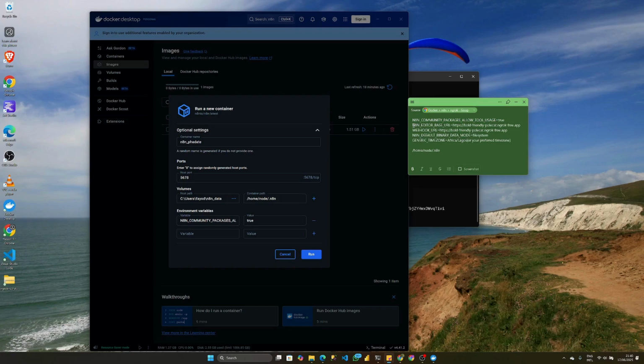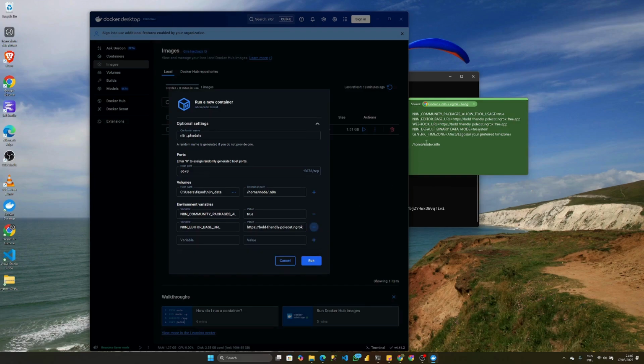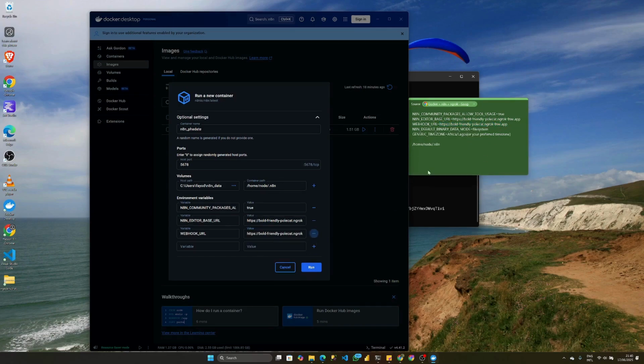So copy the base URL, copy, add this link that we created earlier, just paste, webhook URL. Webhook URL is very important. It allows us to set our webhook. Then last one,